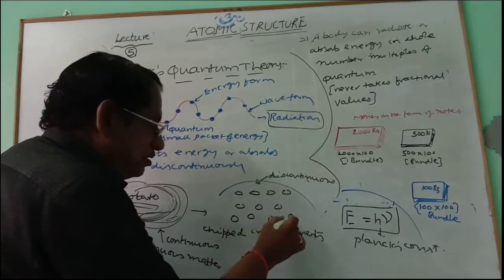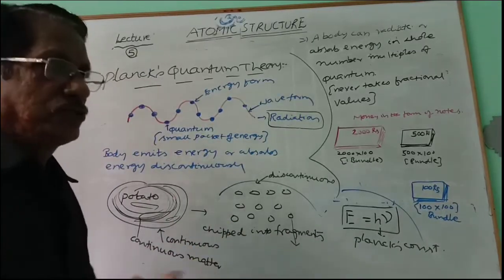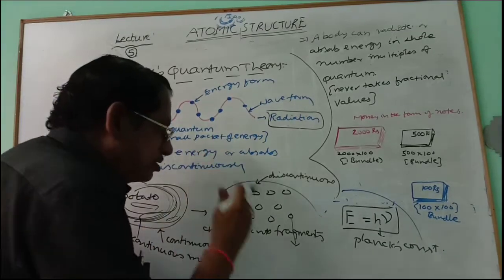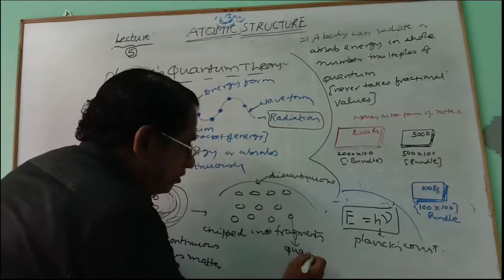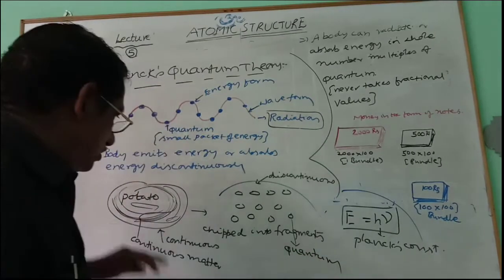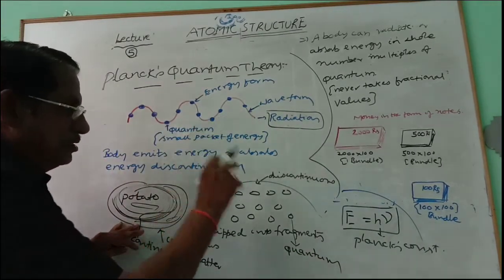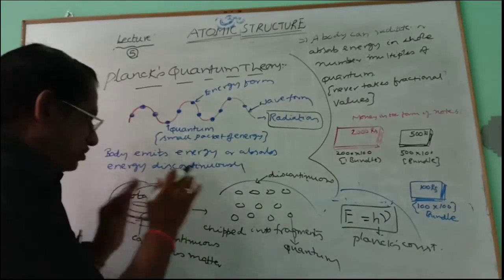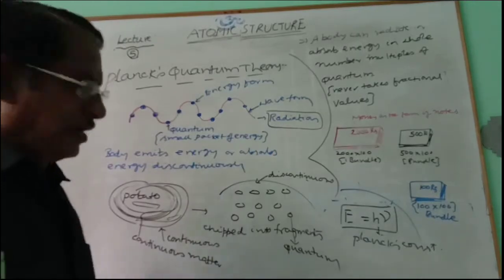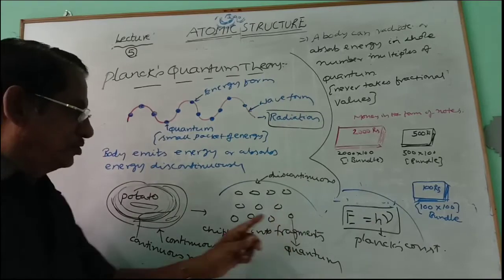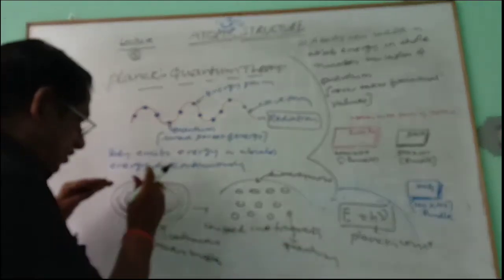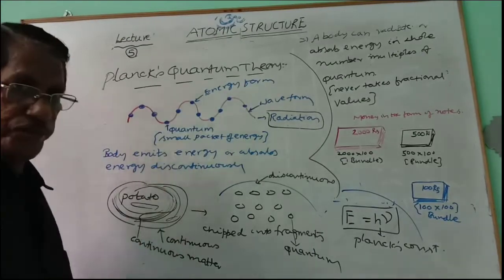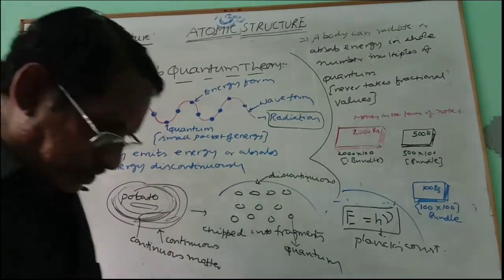And here, each fragment is very useful. And each fragment so obtained from that is called quantum. That is the meaning of quantum. This is continuity. But in the other case, the same substance is converted into discontinuous form, and that is obtained in the form of quantum. This is the relation between quantum as the discontinuous matter and continuous matter in the form of wave form. So this is the way you have to understand.